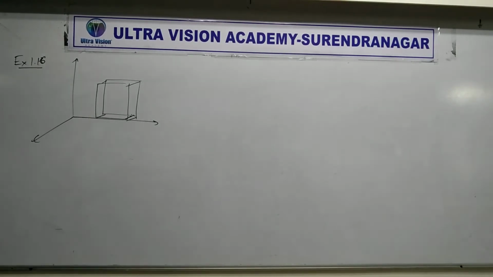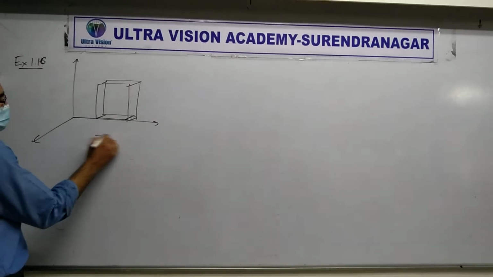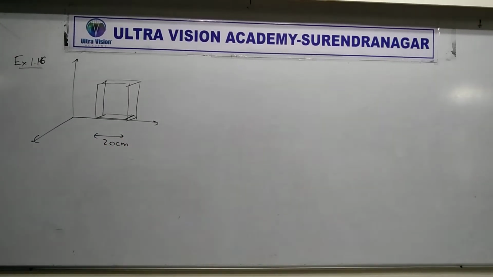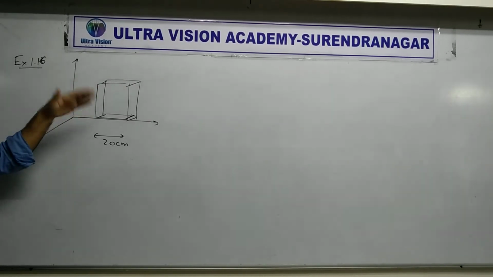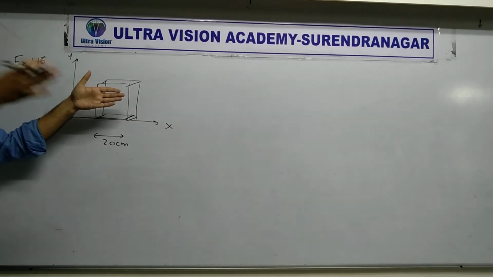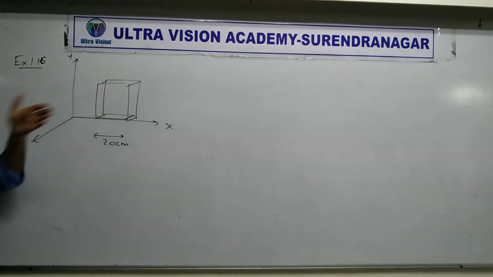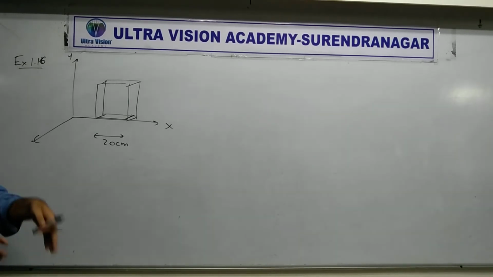There's something like this. A cube is there. Side 20 cm. Right? The side length of the cube is 20 cm. Okay, what else? The faces are parallel to the coordinate planes, meaning parallel to the xy plane. I hope you understood it. This is the xy plane, so one face is like this. Then another face is parallel to the xz plane, meaning the bottom. Just like you put an oil can on the floor. Got it? Right. So that's what we do.